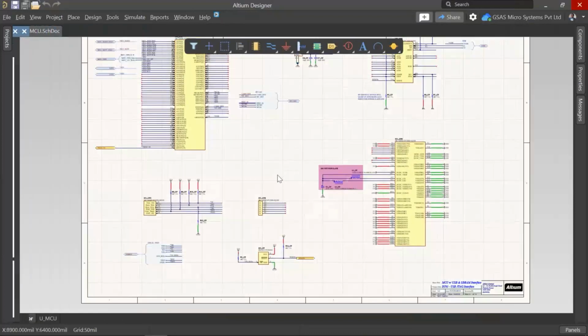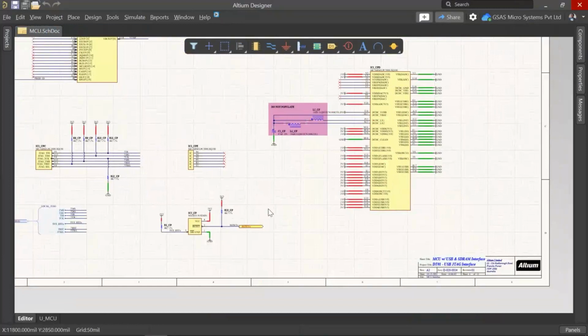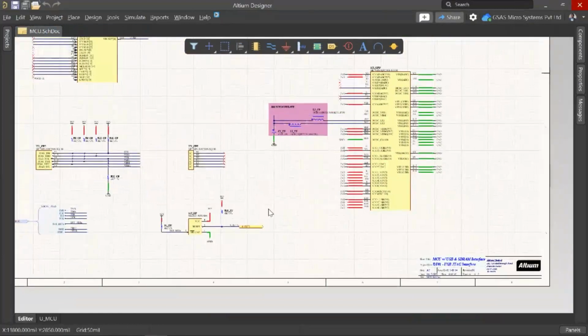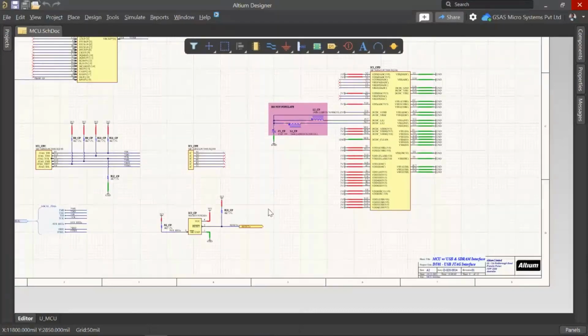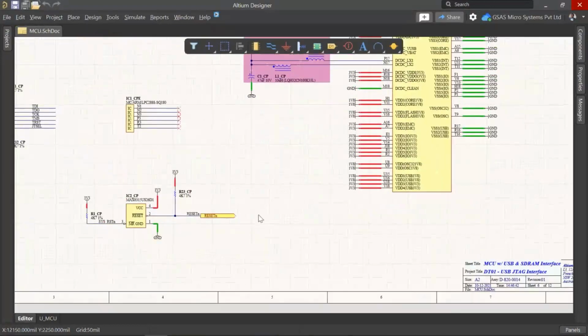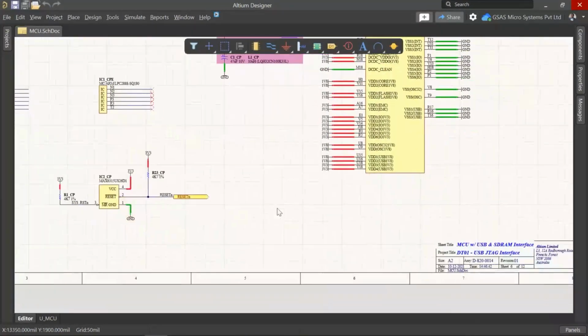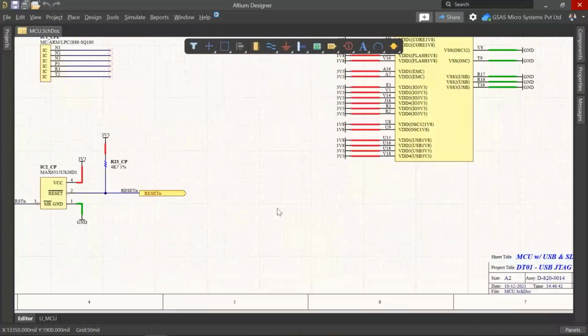Okay, now as I told, the schematic is a logical representation of your circuit, and the PCB is a physical representation. As I told, we have to take the inputs from the schematic team and the fab house to build the rules in the PCB. But in Altium, we have the flexibility to create the design rules in the schematic itself. Okay, let us see.